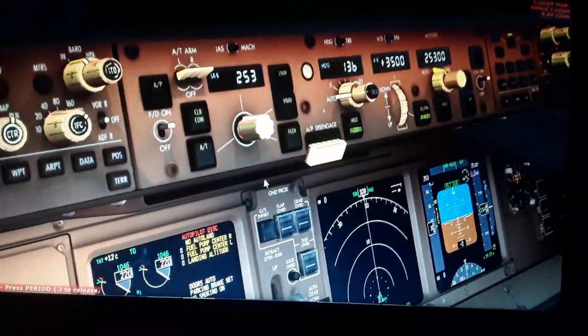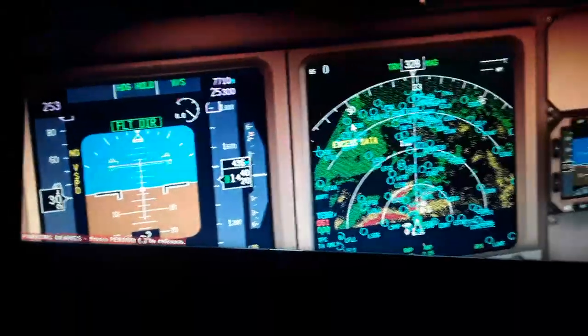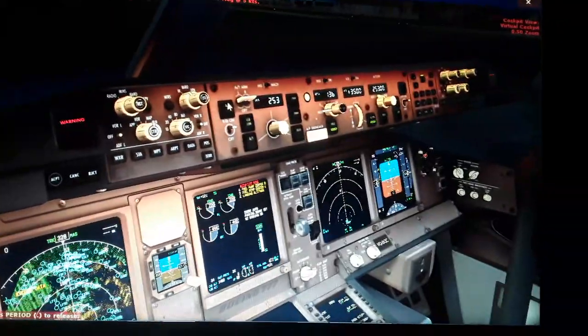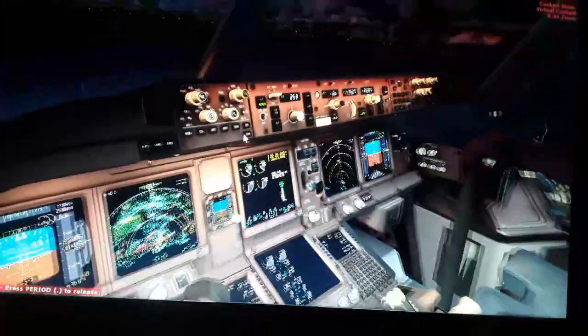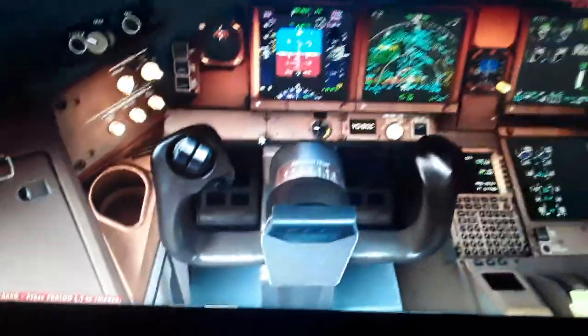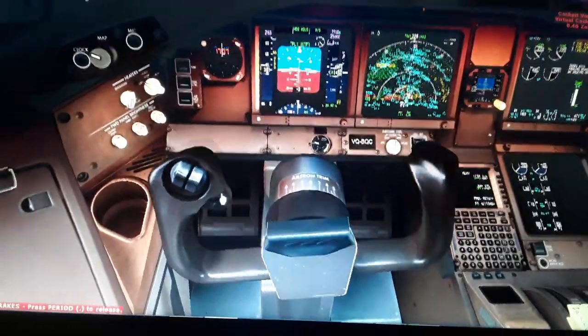So we can disconnect again the autopilot. You will see autopilot disconnect. We have flight director now, and autopilot disconnect here with the red letter reset, and we can disconnect the autopilot now. I'm gonna use this small switch in the control wheel, or we can move the control wheel. So we will move this switch. We press this switch, we have autopilot disconnect,